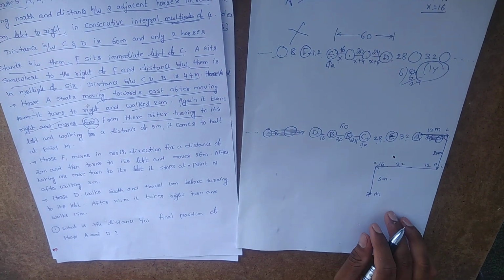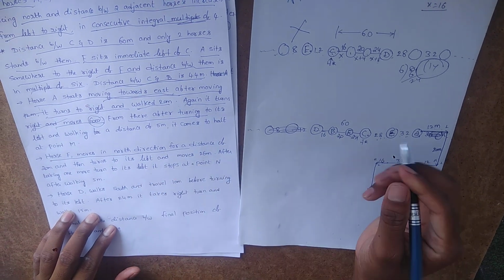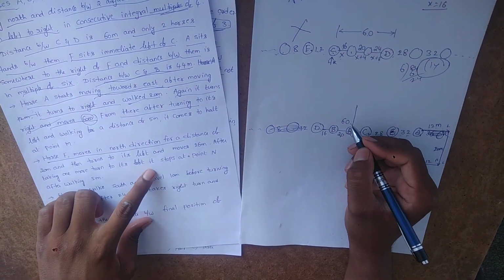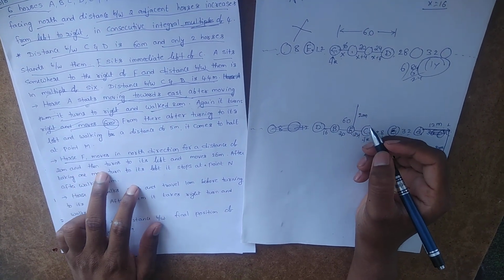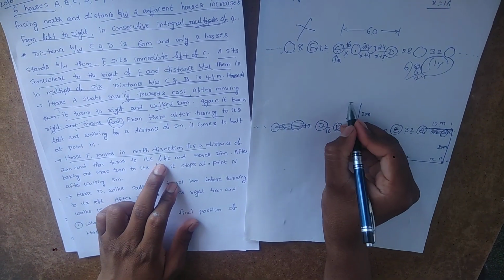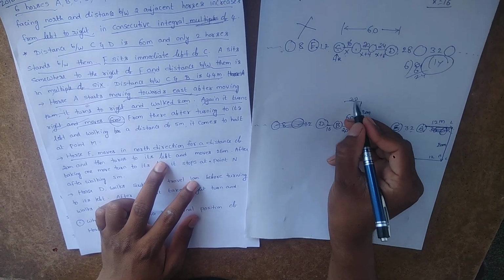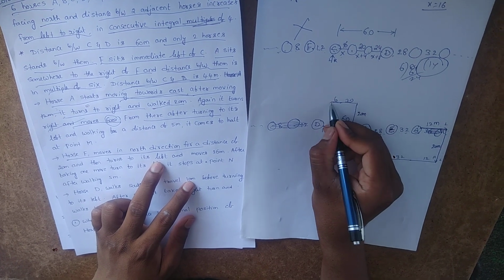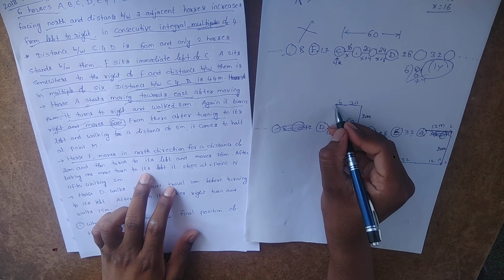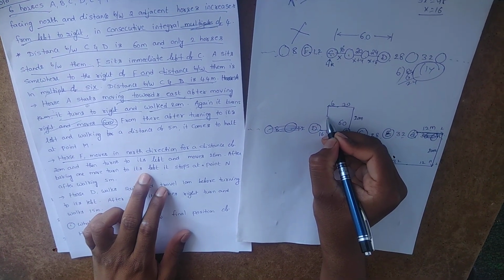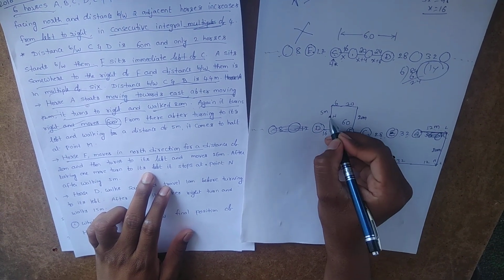Yes, now leave it. Go for the next one. Horse F moves in north direction. Yes, F moves in the north direction for a distance of 12 meters and then turns to its left. It turns to its left and moves for 26 meters. F and B, this one is what? 20, remaining is what? 26. 20 plus 6, 26 meters. After again taking one more turn to its left, stops at point N after walking 5 meters. Yes, after walking 5 meters, it stops at point N.